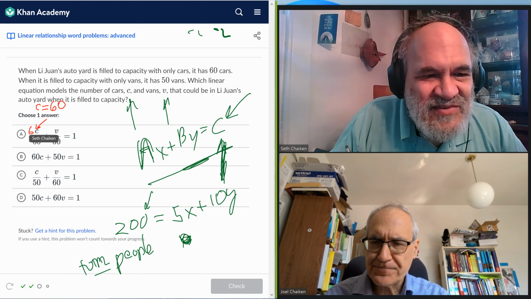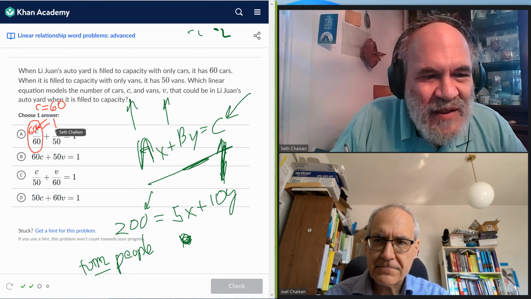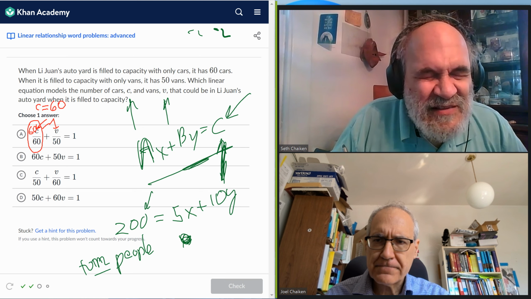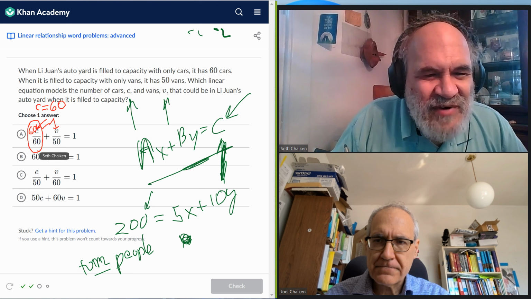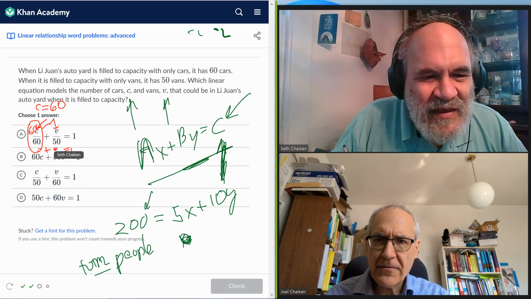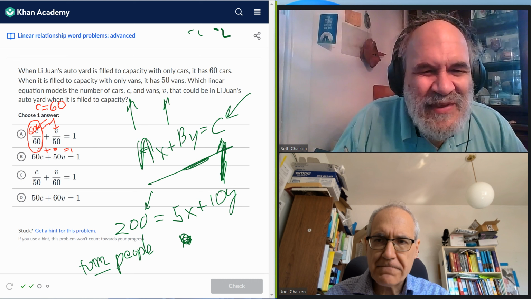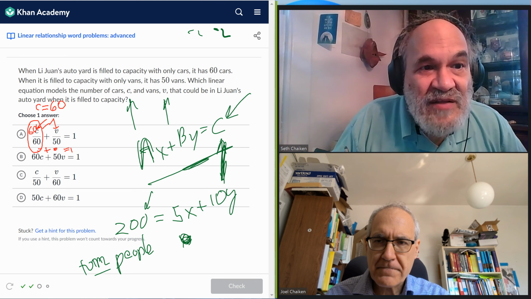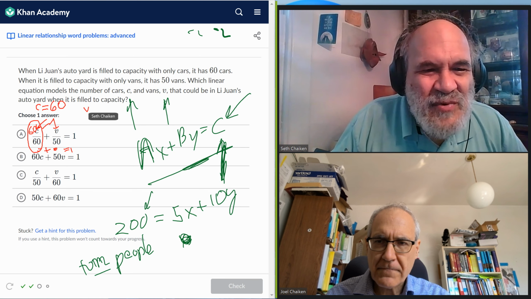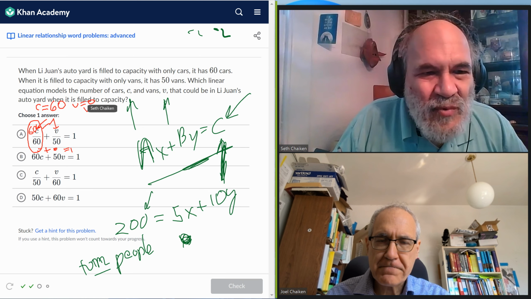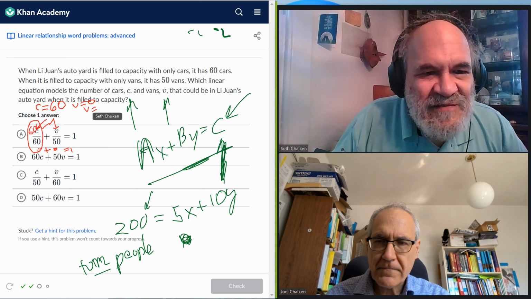That's right. C becomes 60, and the left-hand fraction becomes 1. The equation says that the left-hand fraction plus the right-hand fraction added together equals 1. So when C equals 60, V has to be 0. And on the other hand, when V is 50,